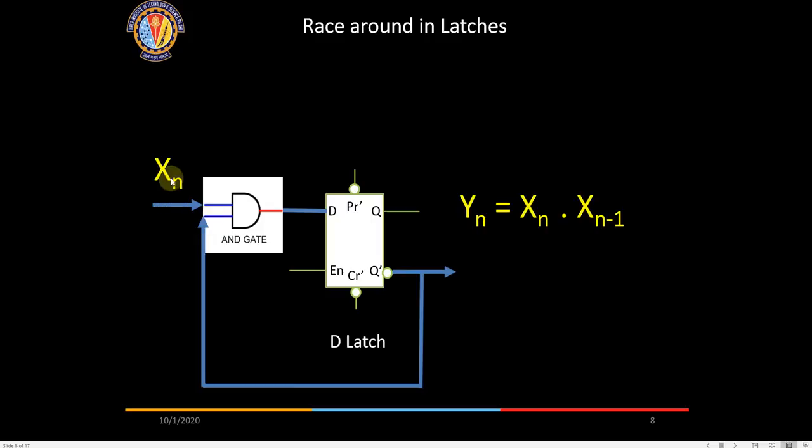Now the moment the input goes to high, what happens? This will go high, this will go 0, it goes 0 here, then this will go high here, again that high will be fed here, again this will go high, so it will start oscillating. So if it is not controlled by a clock, you will have such oscillations. This was the function which I wanted to realize.